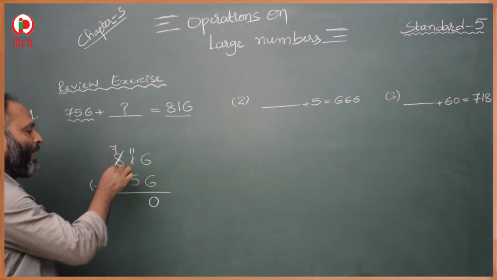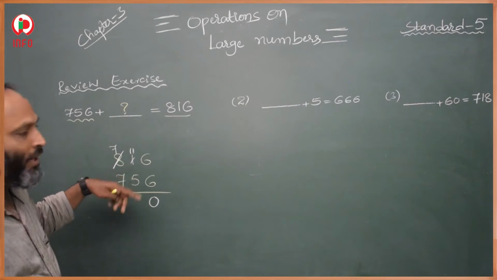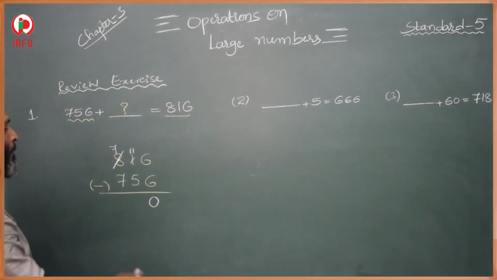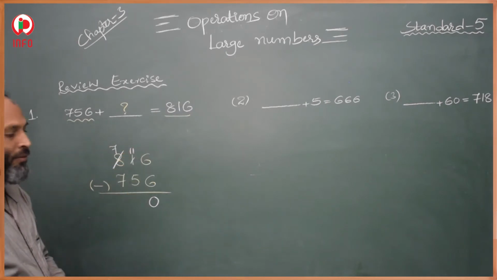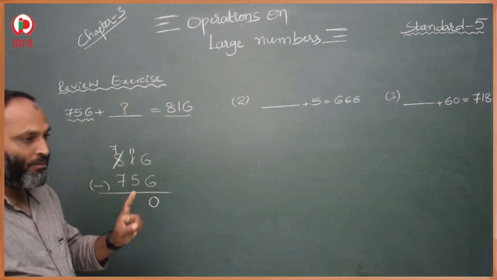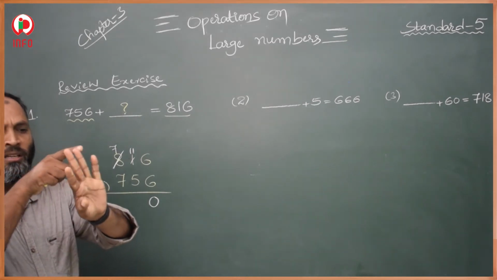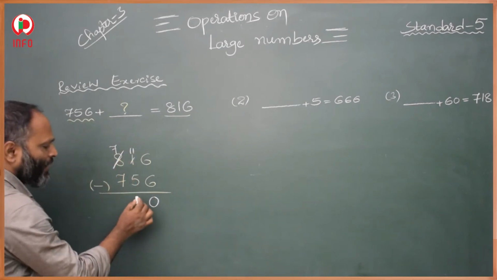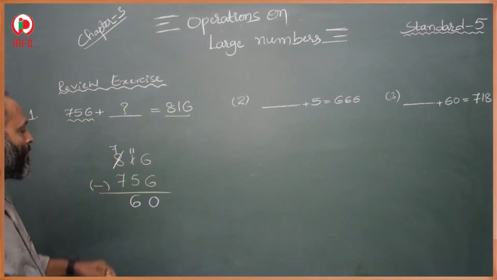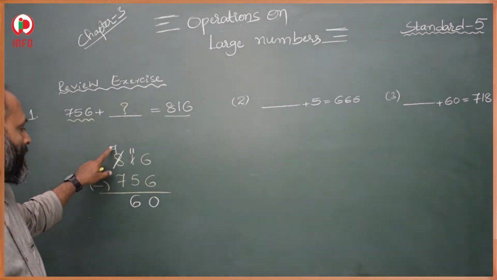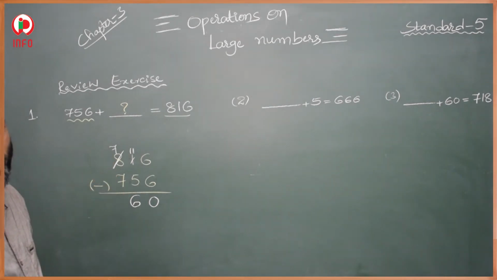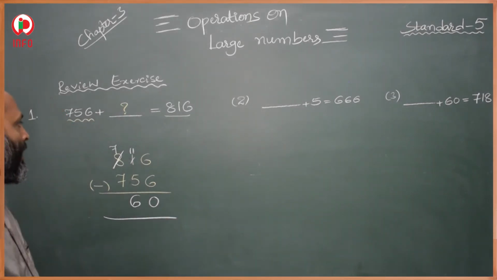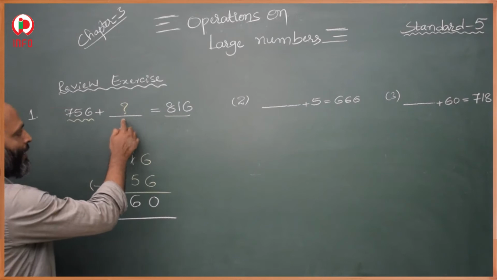So we take a borrow from here. If we take a borrow, 1 will get 11 and 8 will become 7. 8 will decrease by 1 and 1 will increase by 10, that is 1 plus 10, 11. Then 11 minus 5: after 5, count till 11 from 6: 6, 7, 8, 9, 10, 11. Total 6. 11 minus 5 is 6. Then the last digit, 7 minus 7 is 0. So no need to take that 0.